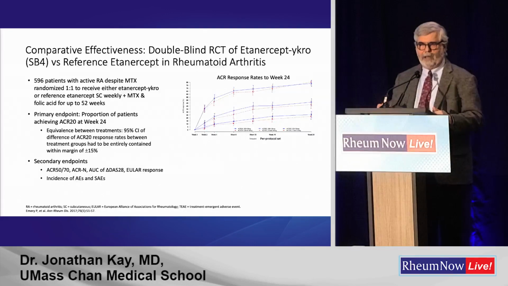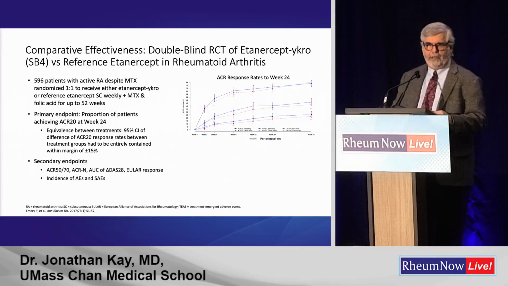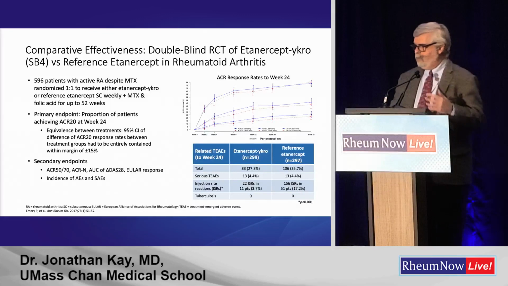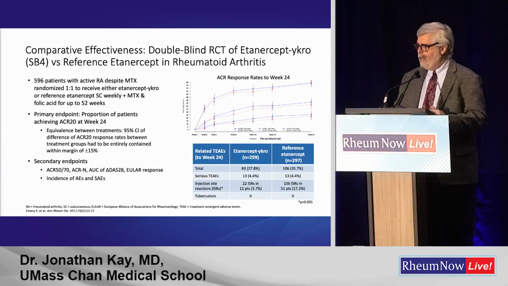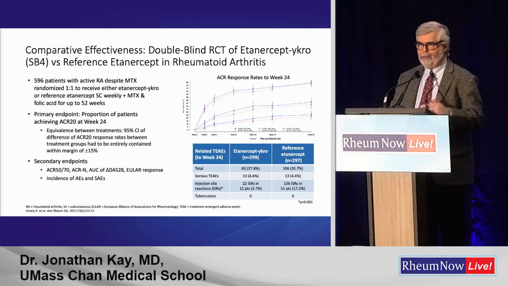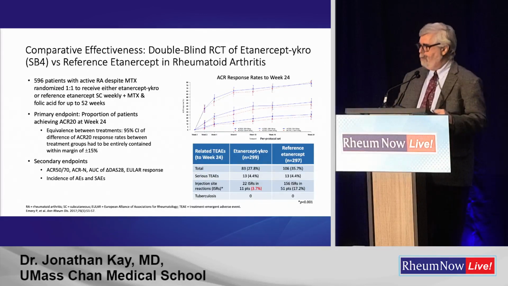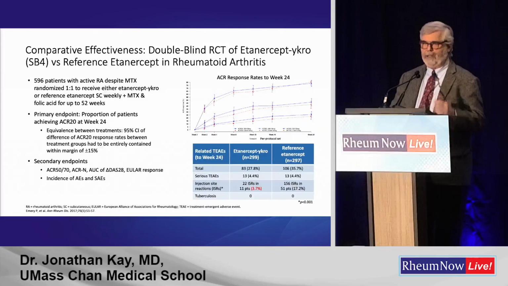Here they measured time points, at early time points, as well as at the plateau phase. And you can see that the early time points, which are most sensitive to detecting potential differences between the biosimilar candidate and the reference product, track very closely together for the ACR20, ACR50, and ACR70, which you see looking from top to bottom. In terms of related treatment emergent adverse events, the etanercept biosimilar and reference etanercept are highly comparable, except for the injection site reactions, which were much lower, 3.7% for the biosimilar compared to 17.2% for the reference product.